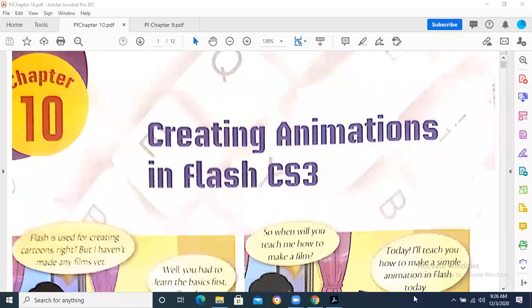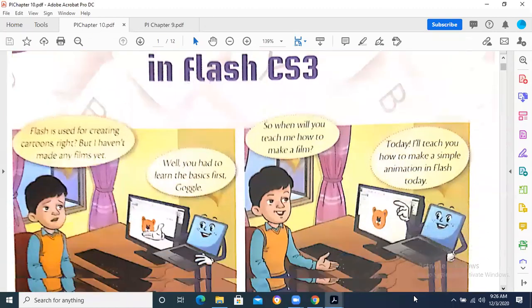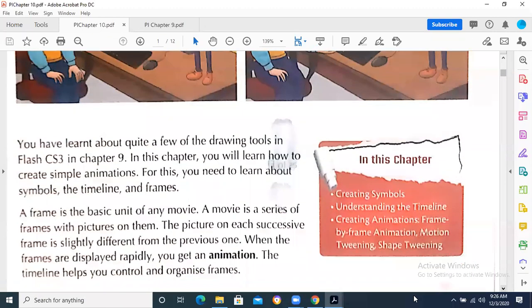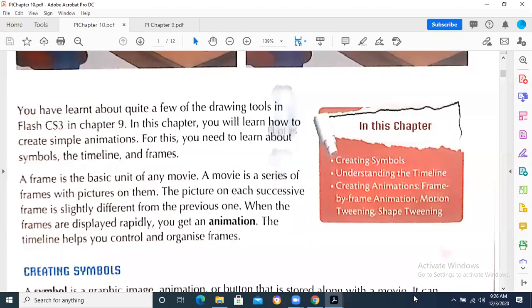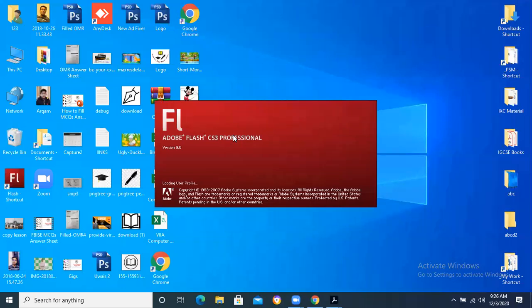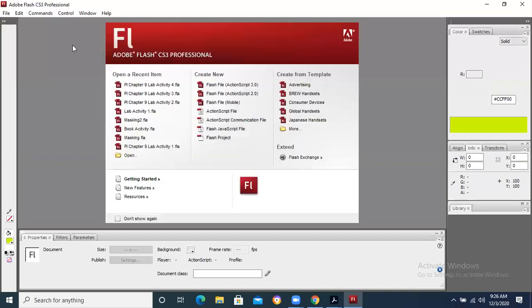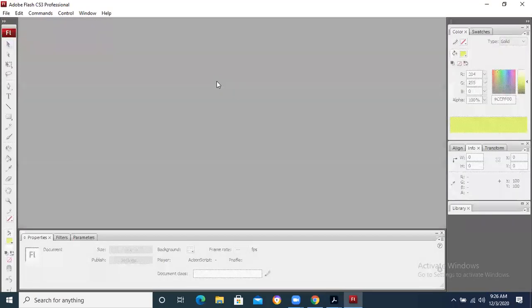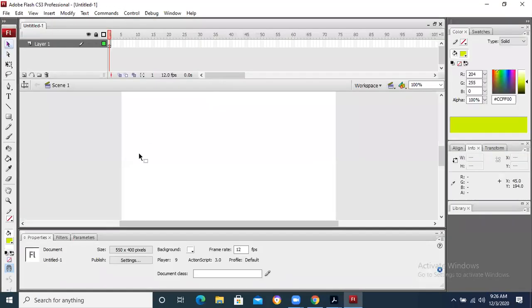And we will see that when you have got different types of objects drawn, you are going to place them in your Flash. If you open Flash, let me open Flash. You are going to place them on different layers. You are not going to place them on the same layer, otherwise the objects will be mixed together. The management of the objects will be difficult.